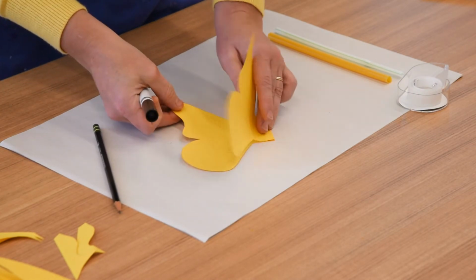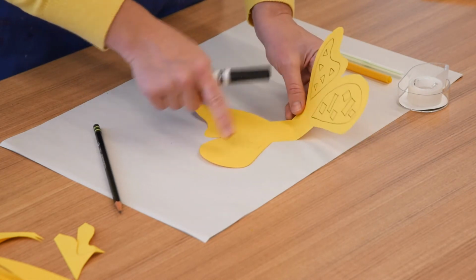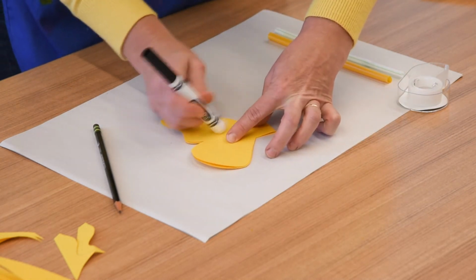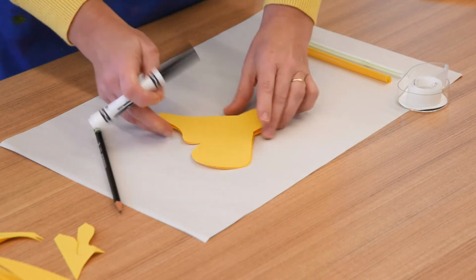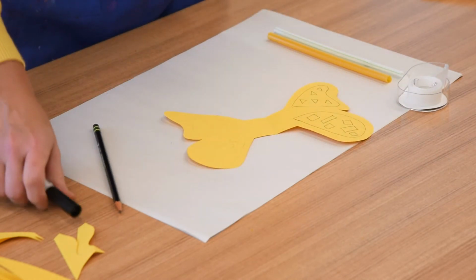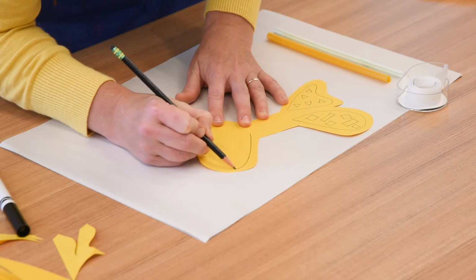Let's see if my marking's transferred. It might be a little bit tricky to see because it is a light line. If you have areas that didn't transfer well, just fold it back and rub it again. And all those markings can get transferred so that now I feel pretty confident that I can trace along those lines